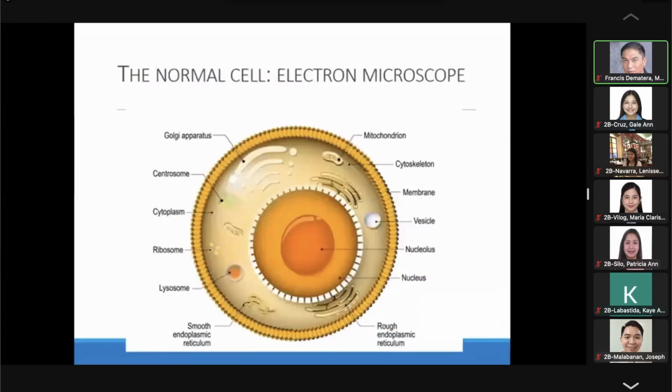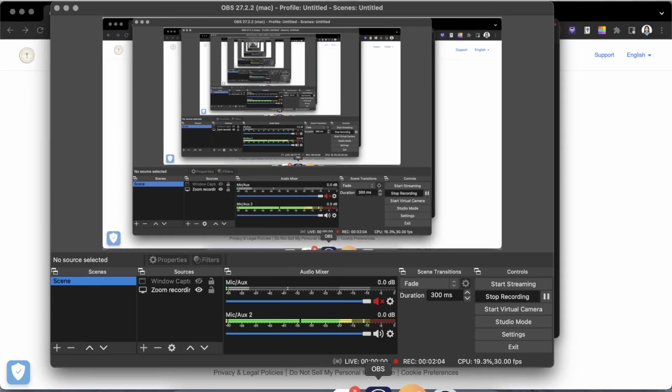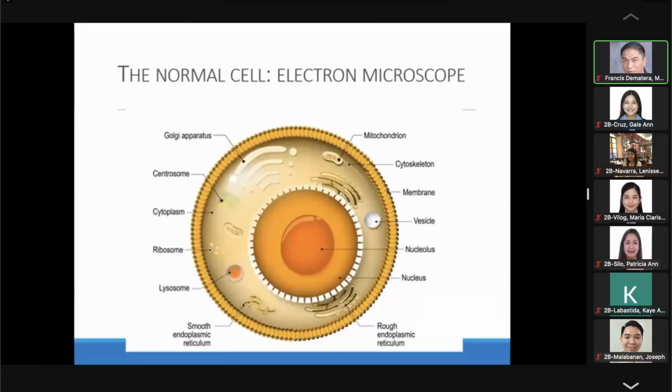Diagrams of cells such as this aid us in understanding what cell organelles are supposed to look like. The organelles are enclosed within membranes and are suspended in the cytoplasm. The structure of the cell is maintained by its cytoskeleton, which includes microtubules and intermediate filaments. And the nucleus, as we all know, holds the genetic material. So the normal cell would appear like this under the electron microscope to visualize the different organelles better.